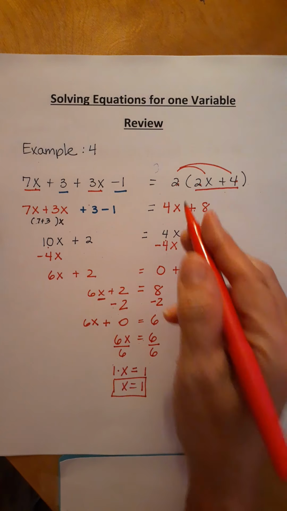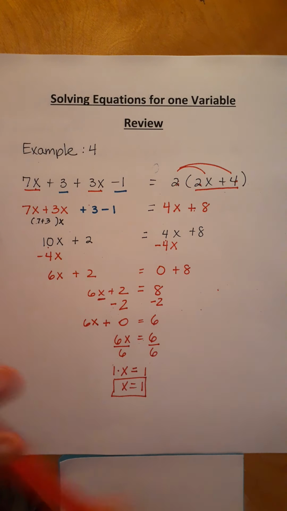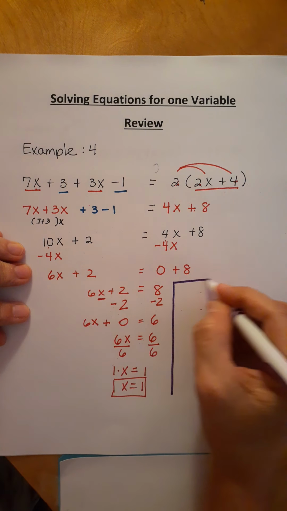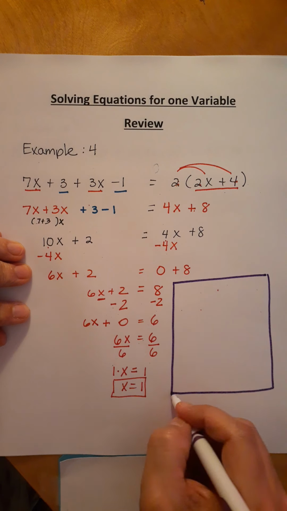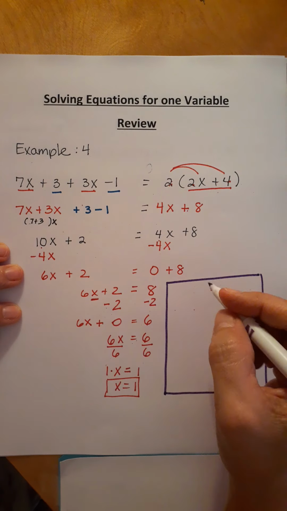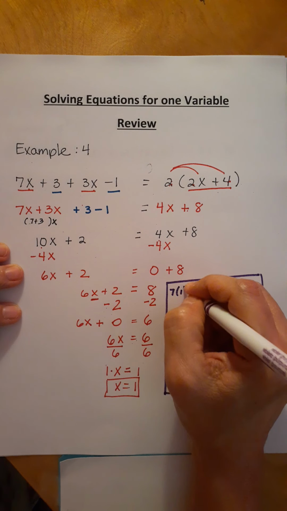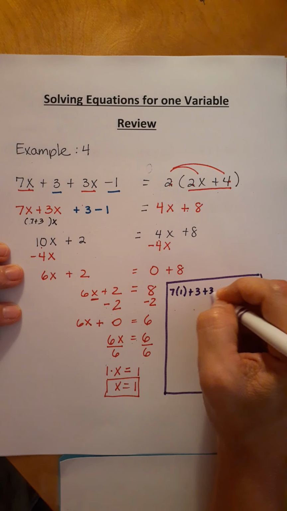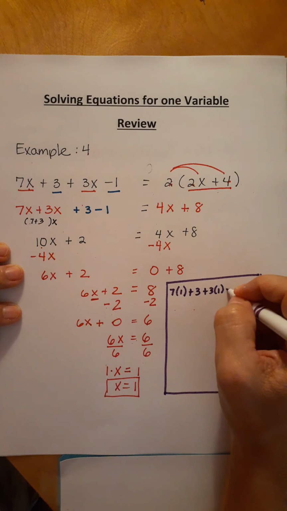Anyway, now let's check to see if we got it right. Let's do this in a different color so it stands out. How about purple? Okay, purple. We are going to change everything here. Okay? We're going to substitute where I see an x with 1. 7 times 1 plus 3 times 1 minus 1